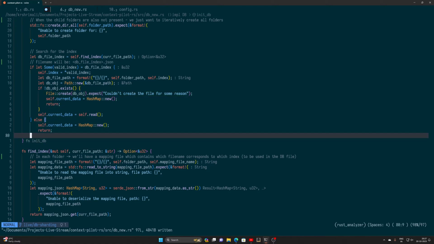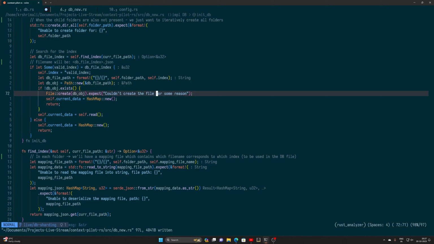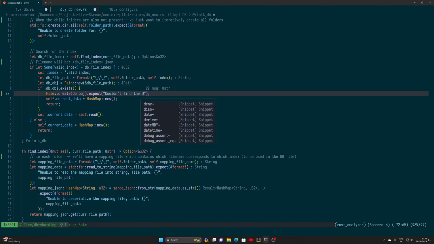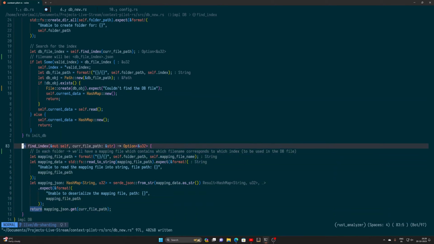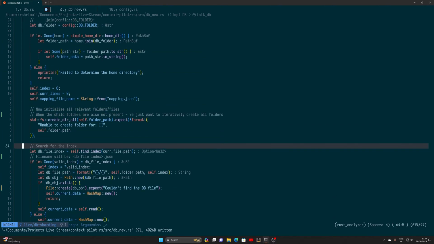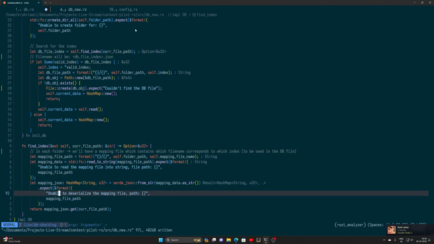Interesting. Because over here this is not something that you're creating, right? Couldn't create the file. Okay, no, I don't think this will ever, couldn't find the file. It's more like that, right? And we can just have db file, right? Okay, yeah, this is what I want. But this is all in the initdb, is it? Yeah. What you would like to make sure is that initially this find index, if it's not there,